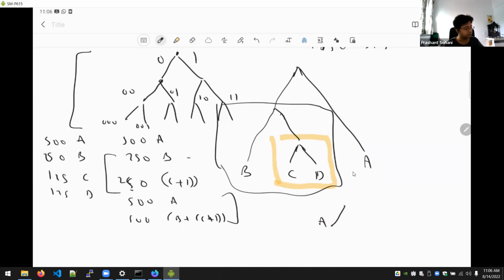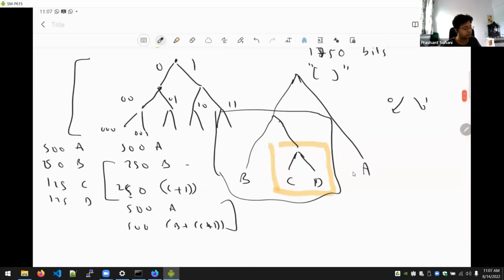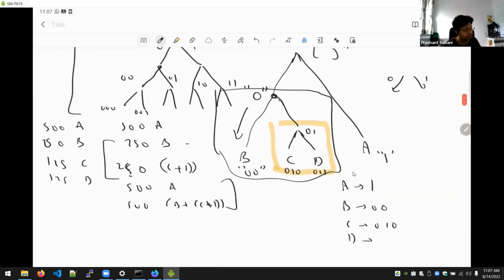And now with this, you start assigning the labels. If you call the common root node the empty set, the common root node does not have any representation. Then, we have the understood convention: left is 0 and right is 1. So following that, I can assign 1 to A. Then this node, which will be assigned 0, is not assigned to any code. Then from here, I can call B as 0, 0. This node will be 0, 1. C will be 0, 1, 0, and D will be 0, 1, 1. So that is how I constructed my code. A is 1, B is 0, 0, C is 0, 1, 0, and D is 0, 1, 1.